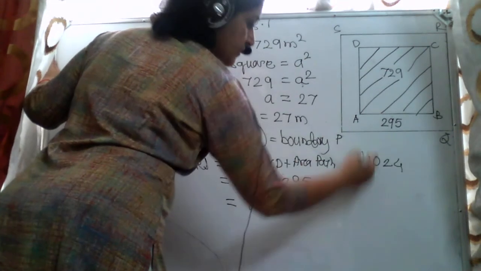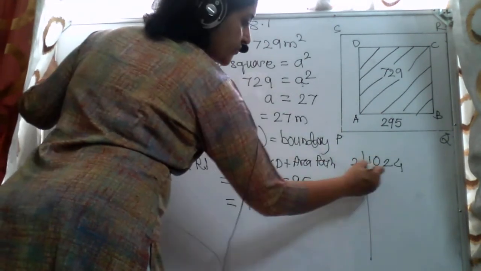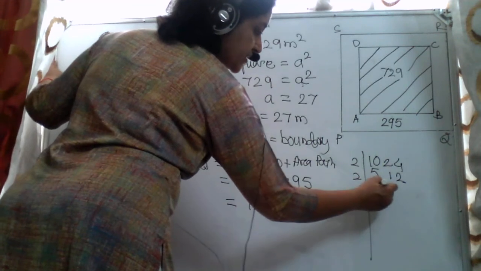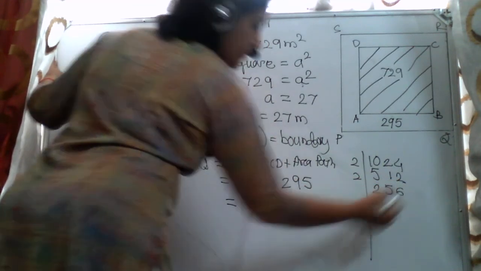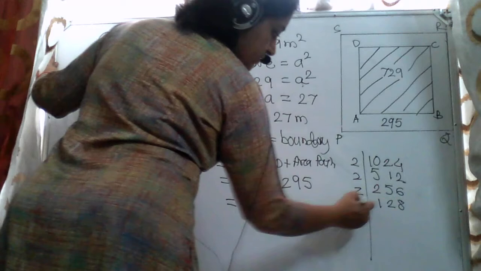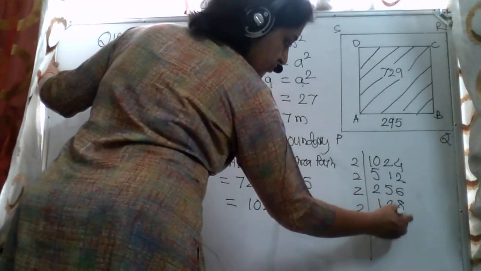1024, let's begin quickly. 2 5s are 10, 2 1s are 2, 2 2s are 4, 2 5s are 10, 2 6s are 12, again 2, 2 1s are 2, 2 2s are 4, 2 8s are 16, 2 4s are